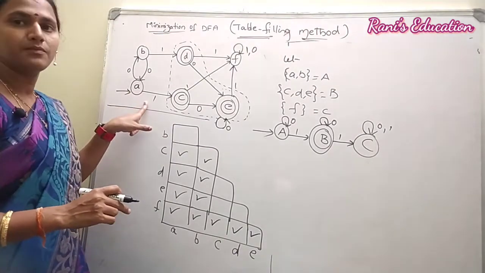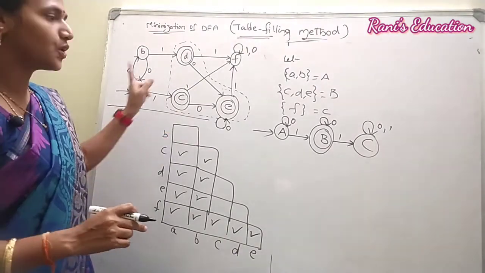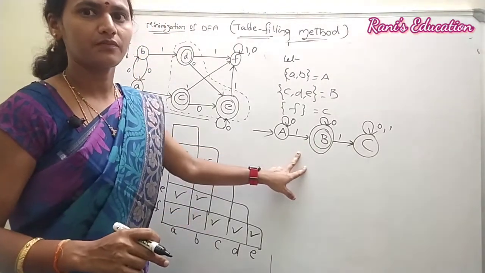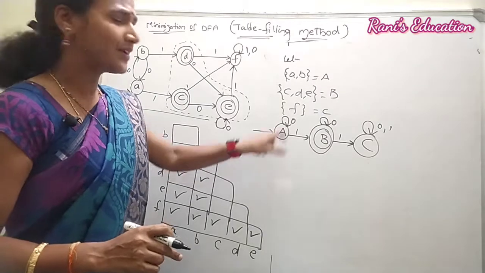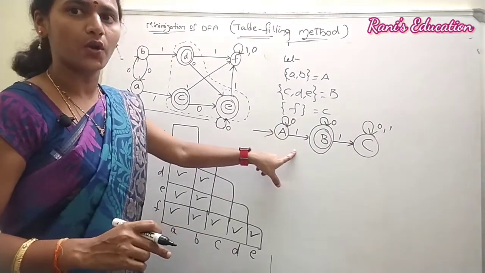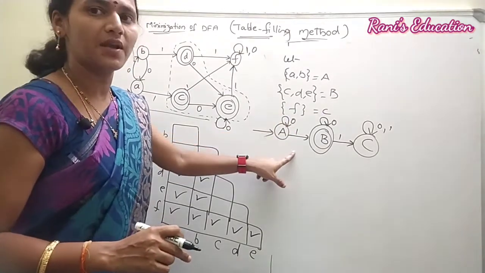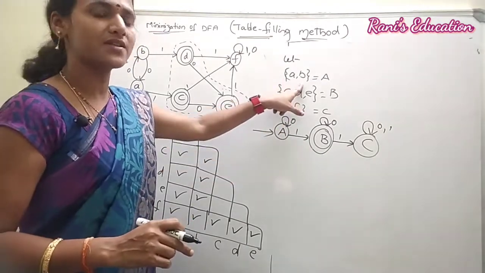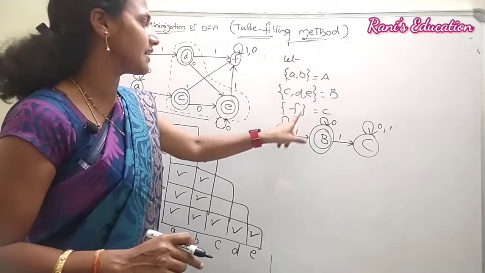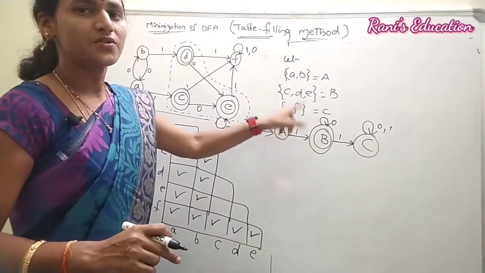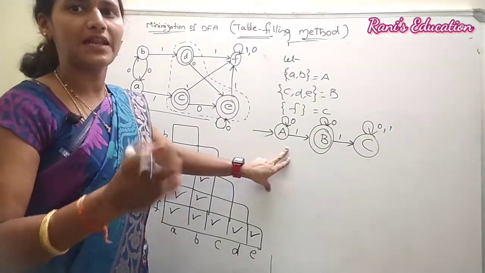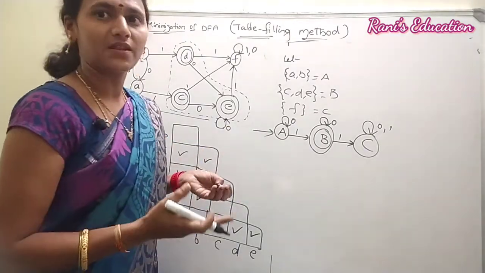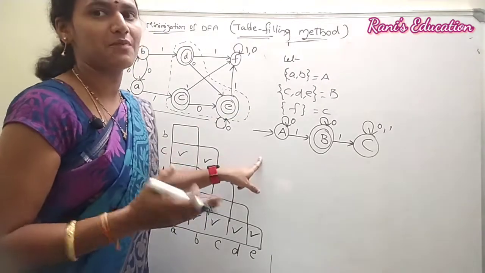So in the given DFA we have 6 states. Those 6 states have been reduced to 3 states. So now we can see whether this is the correct one or not. In the partitioning method also we got 3 states only. That is AB is one state, CDE as one state and F as another state. So if we want any clarification, directly we'll move on to the equivalence method also, to see whether we got the same result or not.